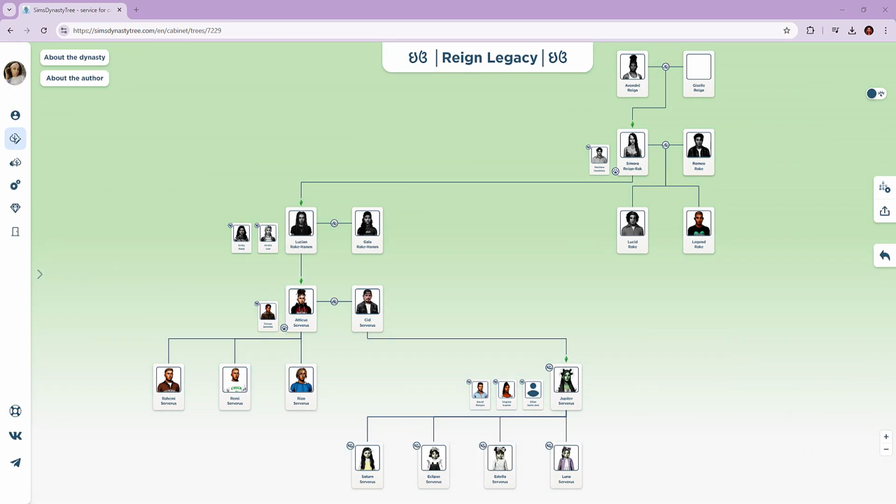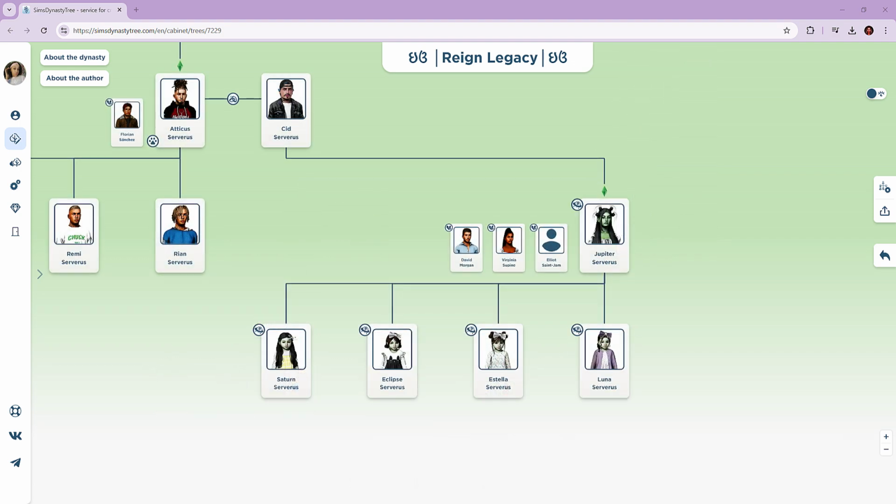Now, I am going to show you guys how to add a sim to a dynasty tree. So because I am on Generation 4 of my Legacy Challenge and my main focus is Jupiter, I would like to add her new girlfriend to the dynasty tree. Jupiter's life looks a little hectic right now, but if you want a little summary of her, she is the heir of Generation 4. Miss Girl is the ultimate heartbreaker, so she has been through 3 relationships and a bunch